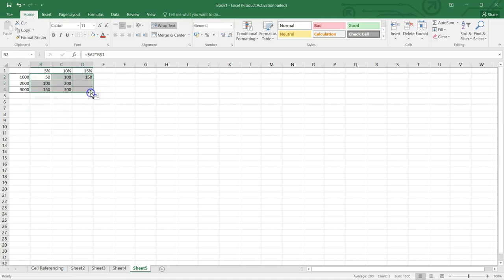Over here also and here also. Okay. So what is happening here? Let's go to the second one. In the second, what you will see? My column A is fixed, but the row is changing. So that means it is 2000 now, 2000 now, but B$1 means it will still give me the value for 5%. That means 2000 multiplied by 5% of it. That means we are going to get 5% of 2000.